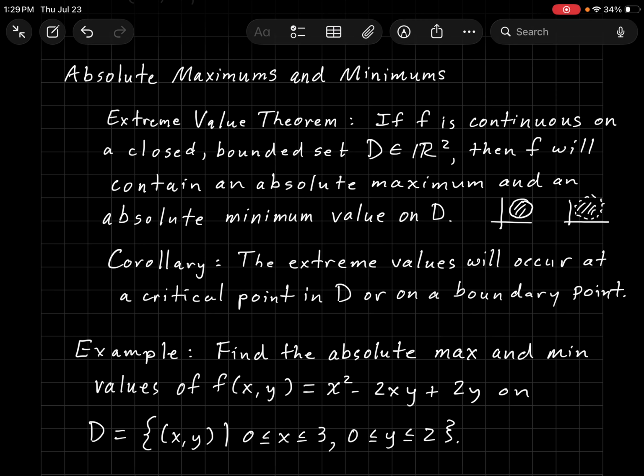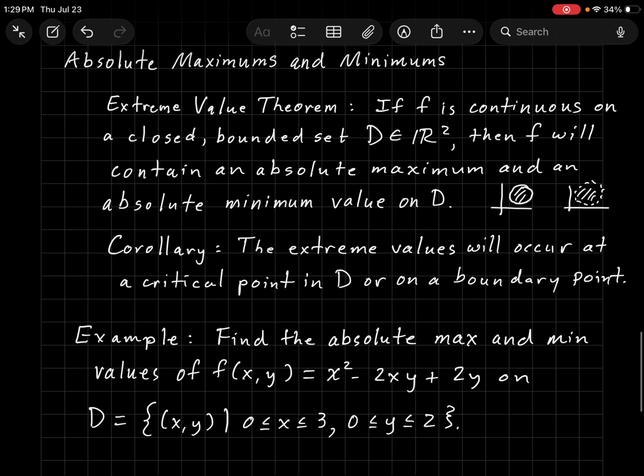This is just like single variable calculus. The corollary: the extreme values will occur at a critical point or on a boundary point. In single variable, it was an extreme value will occur at a critical point or an endpoint, where the endpoint was a boundary point. So it's a very similar idea, but there's a lot more work to do. Let's do one example